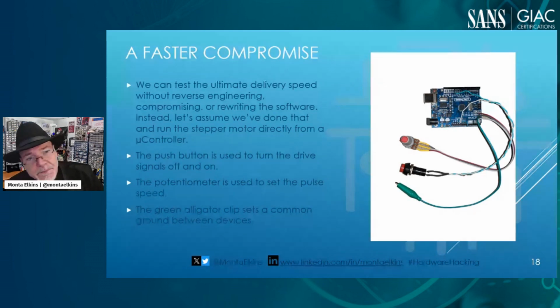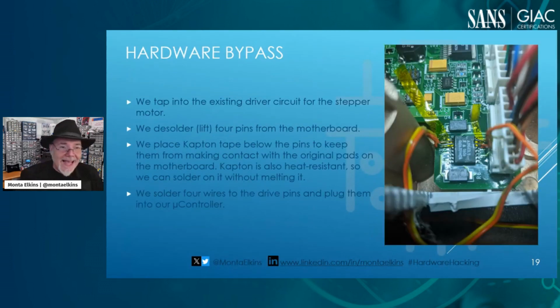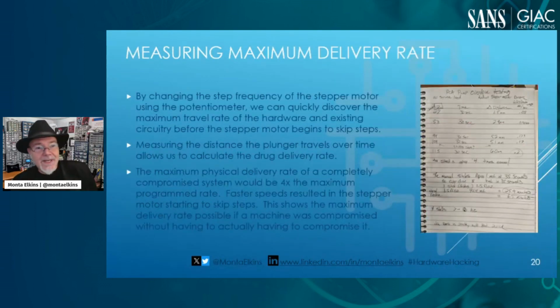You turn this little knob, you plug this board in. Now, I didn't modify the hardware in as much as that I connected it to the existing driver chip on that PCA pump. So I'm sending the signal through the regular control system in the pump, right? This is going to allow me to simulate how fast I could push a drug if I had only compromised the software. But I'm able to do it faster because I'm just plugging into the hardware really quickly. Lifting a couple of pins, soldering these other pins on there, using some Kapton tape. And what I found was